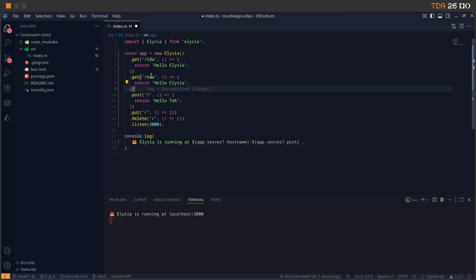However, you can also define a so-called dynamic path, which, at least in Elysia, is defined like this. You put colon parameter, and then you won't write, for example, colon parameter in the browser bar, but anything you put after / blah blah blah will be passed into Elysia,